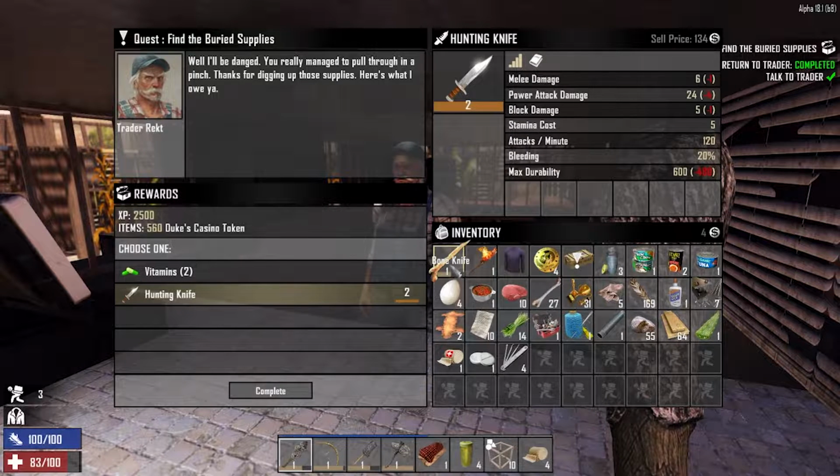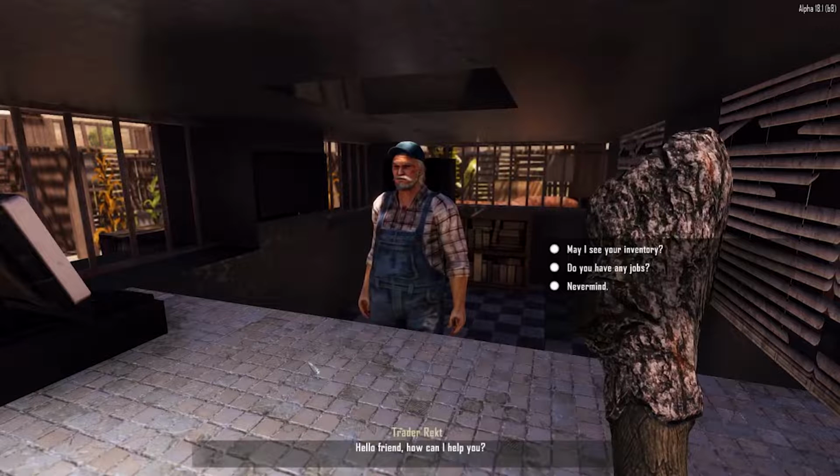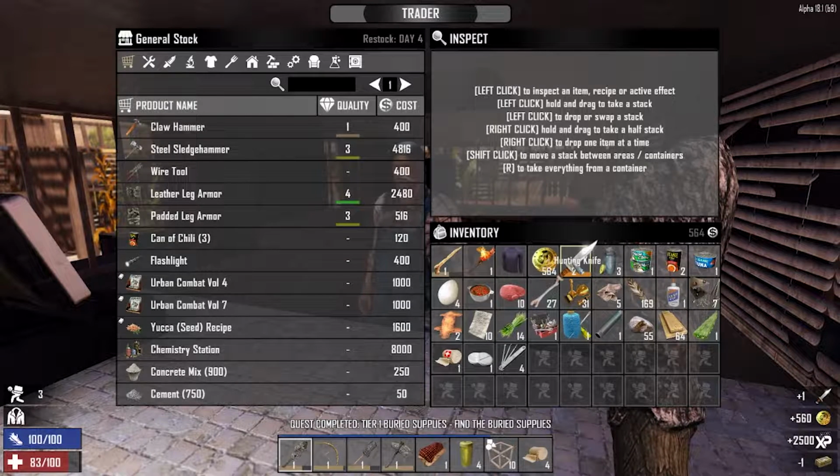This is the next stage up from the bone knife, so we're definitely going to take that. And even if it offered us something that we didn't really need, but it was worth a lot of money, this one you see worth 134 dukes. So from here we gain ourselves some XP, and he's going to give us 560 dukes as well as the knife. So we will have a quick look at his inventory now,